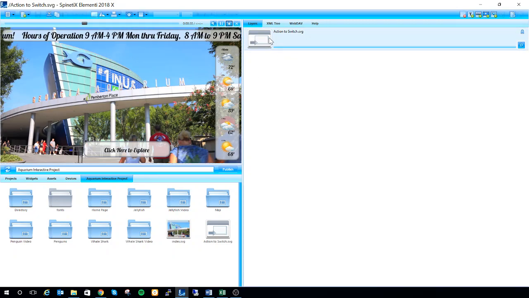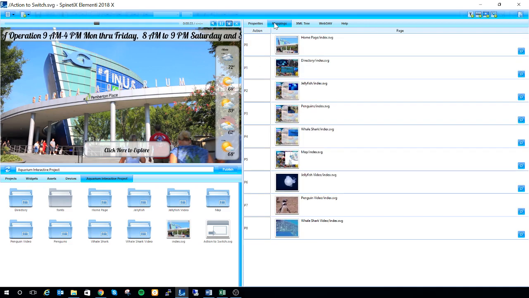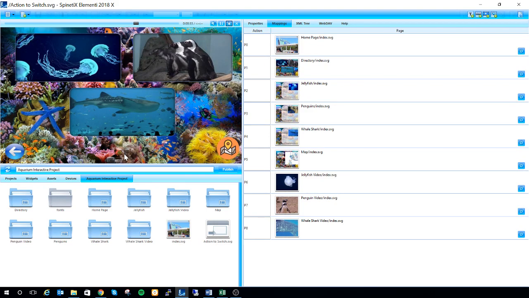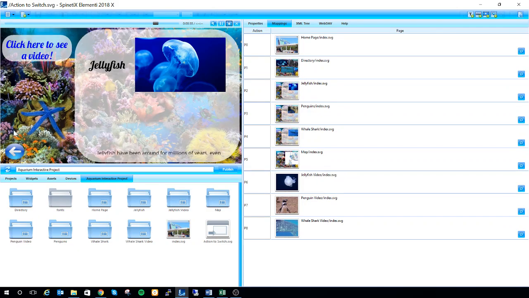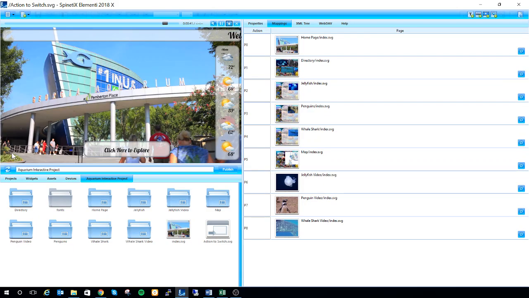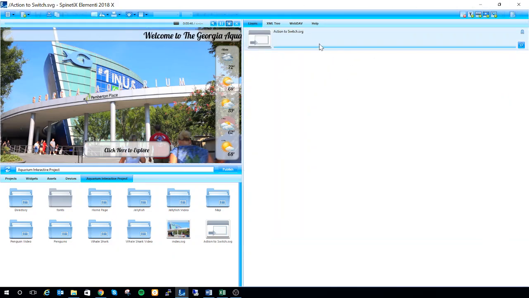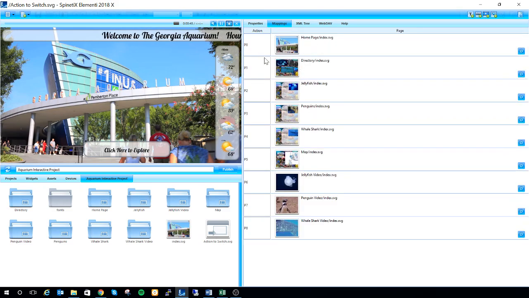And if I double click on my action to switch widget and go to mappings, you'll see that I have a list of layouts inside of it. And if I click on this button, which is click here to explore, I can actually navigate to different pages. All of this is built with our click to action and action to switch widgets. The action to switch just has the different pages that you'll navigate to inside of it, and you'll see we have actions, P0, P1. All of these are actually associated to click to action buttons that can be found inside